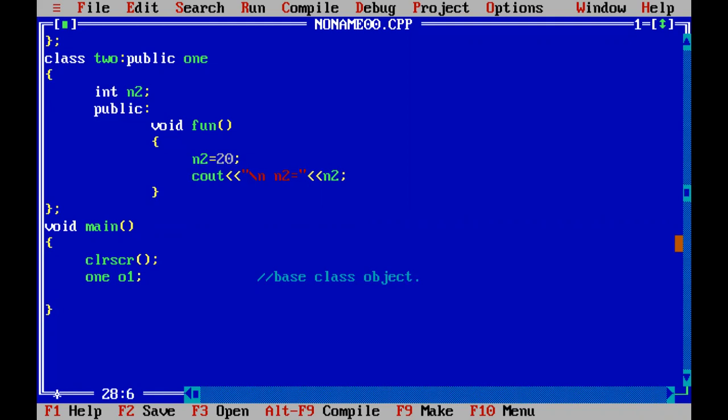Now I am declaring the object pointer. An object pointer is again associated with the base class. So I need to define the object pointer which points to the object o1. As we know, this o1 has the type as the class name, 1. So our object pointer should also have a type which is the same as the class name, 1.